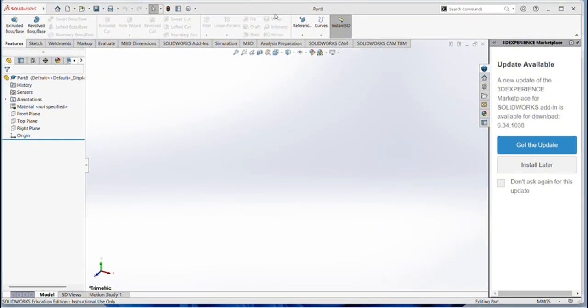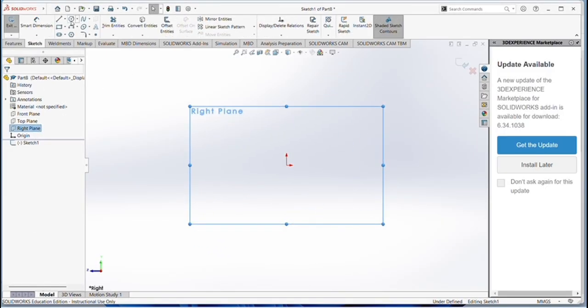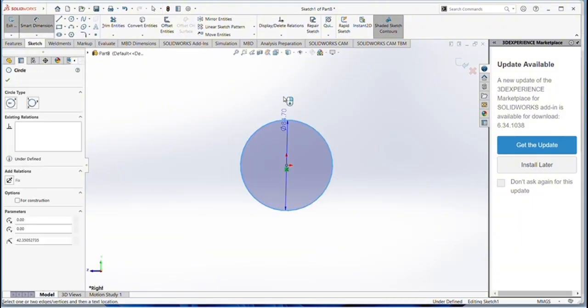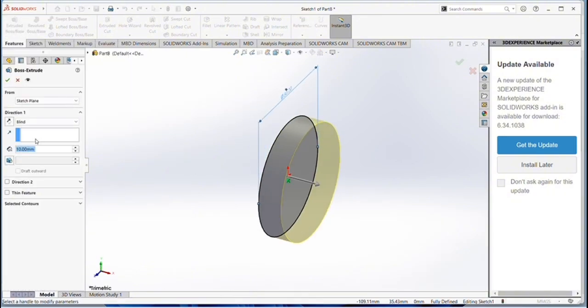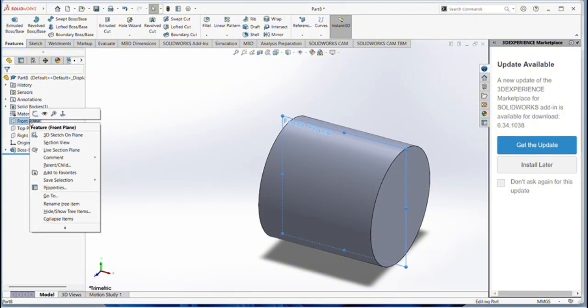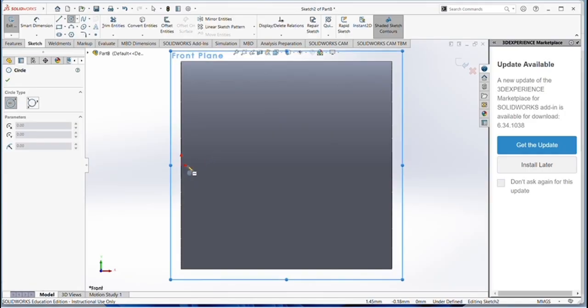I will be showing you guys how to create the screw rod. So first of all, we have to create the screw rod in the right plane, right? So we'll sketch in the right plane and make a circle, and from this axis, make it 50. Then you have to extrude it up to 50. And now after that you can do it in the mid front plane sketch, and then you have to sketch one circle straight from here,